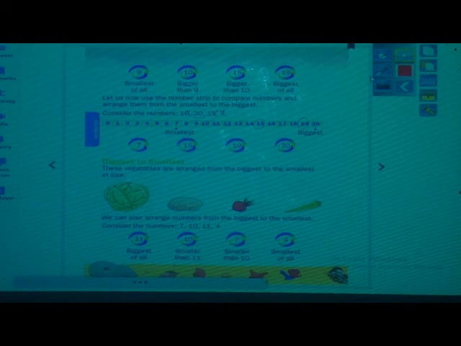समझ में आया? Okay, so students, in this period we have learned how to compare two numbers, and how to find out greater and bigger or smaller, and also we have learned how to arrange the numbers from smallest to biggest. Remaining part we will see in the next period.